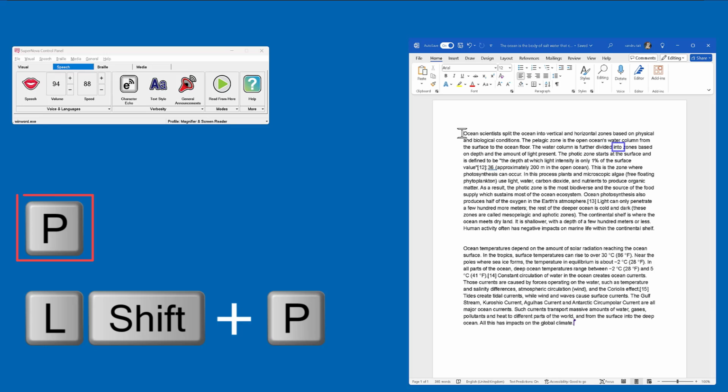The water column is further divided. Blank line ocean temperatures depend on the